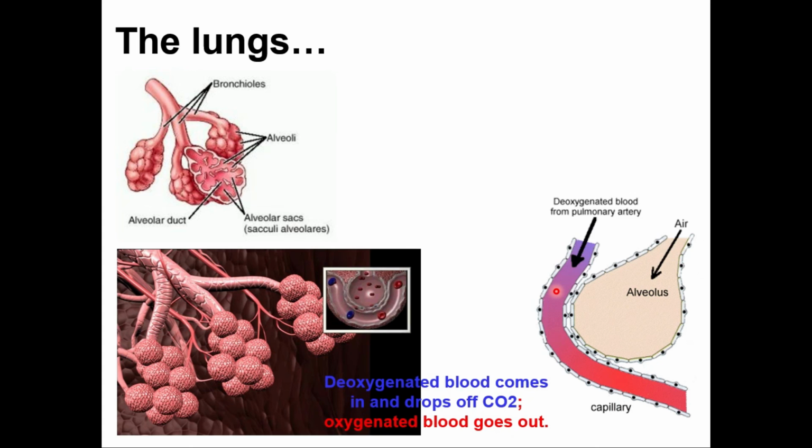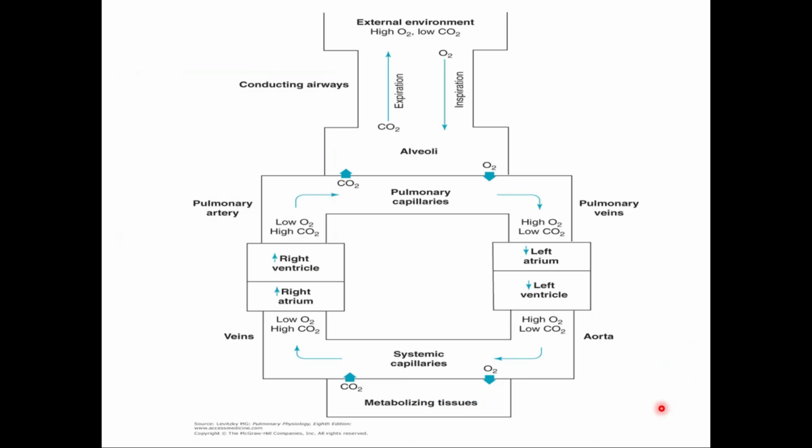This diagram shows the exchange of gases between alveolus and the capillary wall. This is the diagrammatic representation of how lungs work to exchange oxygen and carbon dioxide. That is, starting from inspiration,